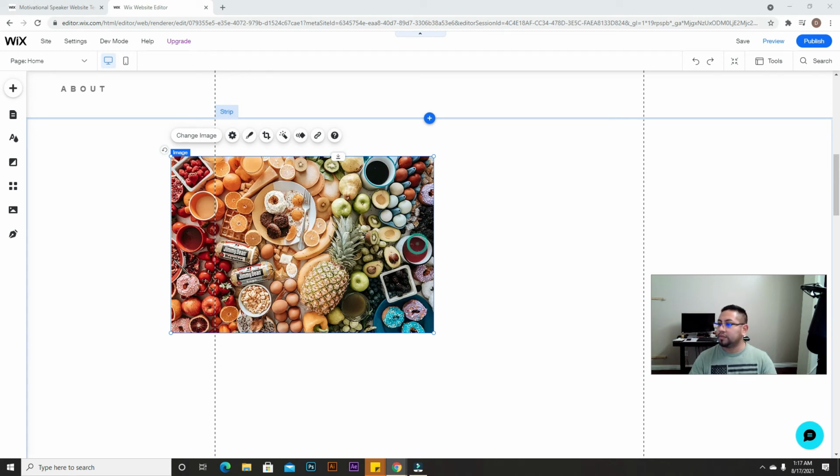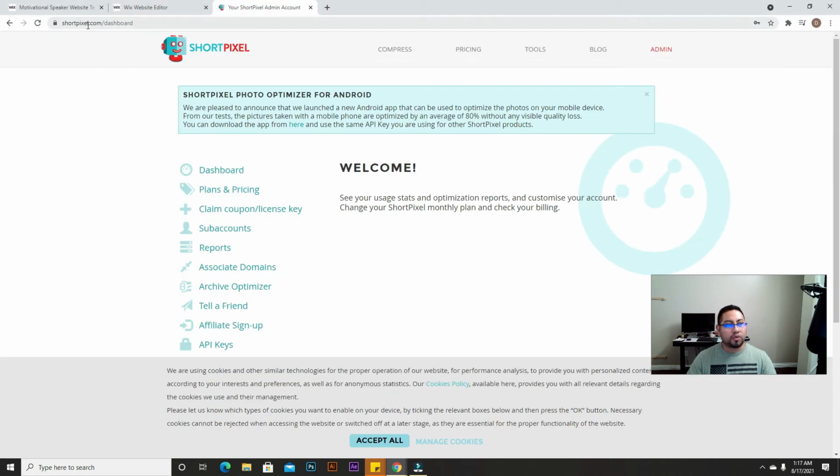Trying to find it. So the tool is called Short Pixel,